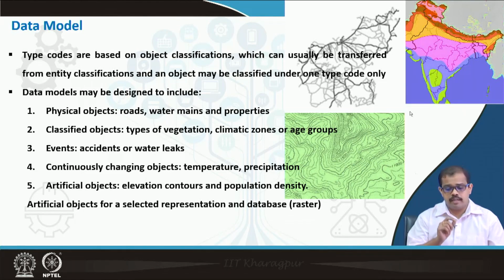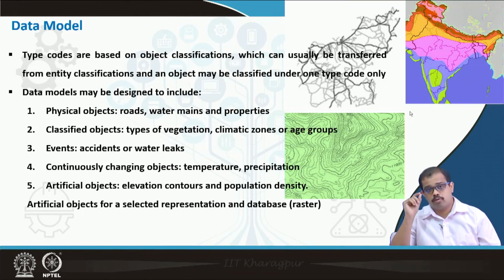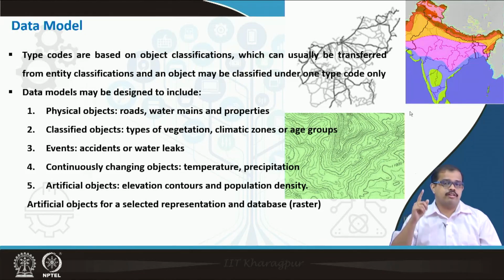An object may be classified under one type code only. This is what you may call a limitation, but it's also an advantage. It can be only one type code. If you have multiple type codes, then you are actually losing on multiple fronts, because you may not get the exact data that you are looking for to fit into the data model. So it has to be only one unique type code for every